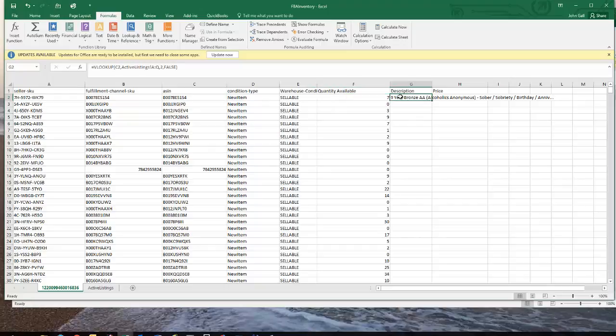Let's see here. Okay, all right, so I'm still searching C2. I've got A through Q. That's pretty cool. Actually, this is perfect now. This is perfect. So what it's saying here is, okay, we want to look up this part number, because it